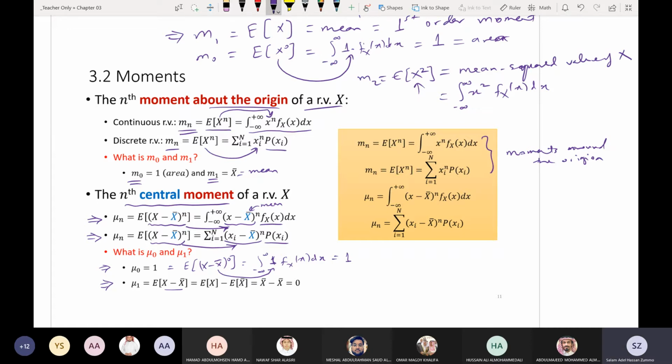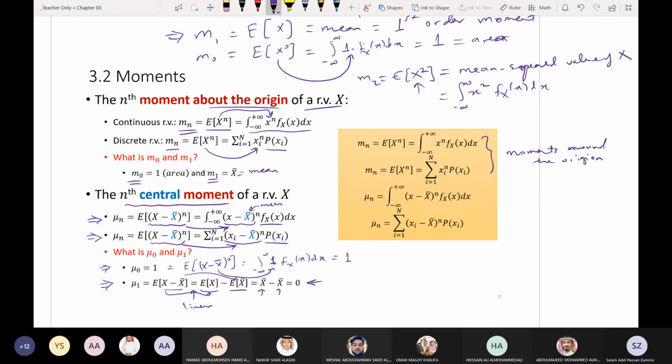We will see in a minute, part of the expectation operator properties is that it is linear. And because it's linear, we can separate any minuses or pluses. So the expected value of x minus x bar equals the expected value of the first one minus the expected value of the second. The expected value of x bar, which is a constant, is x bar, and this gives us 0. So the first central moment equals 0.